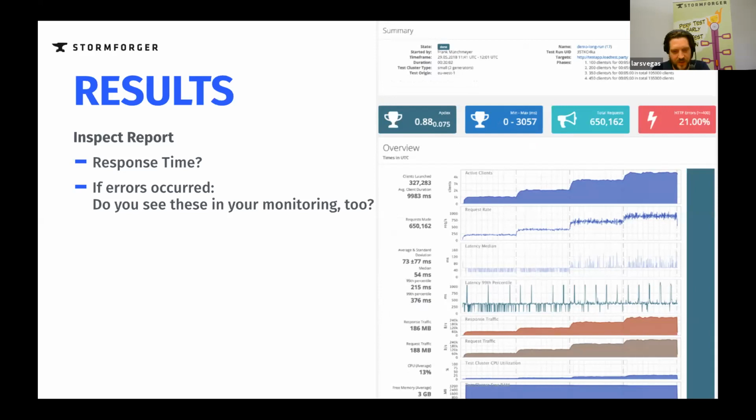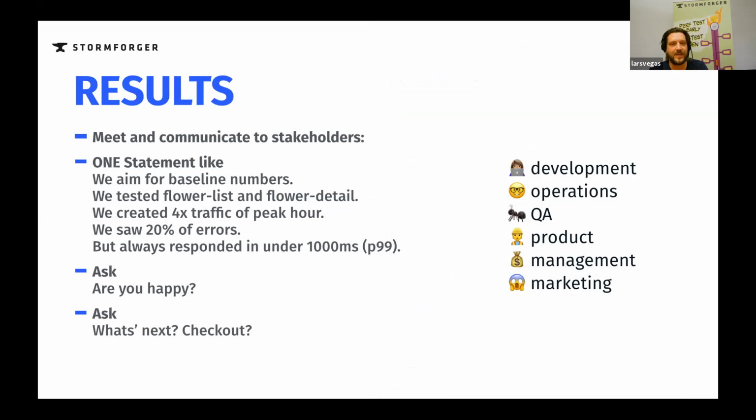Because with these first results, it's important to actually tell the others, and by others I mean probably the whole organization, about the first findings you had. And probably the best idea is to put this in one statement where you say we aimed for these baseline numbers and we did that and that in this scenario, and we did, I don't know, 4 times the